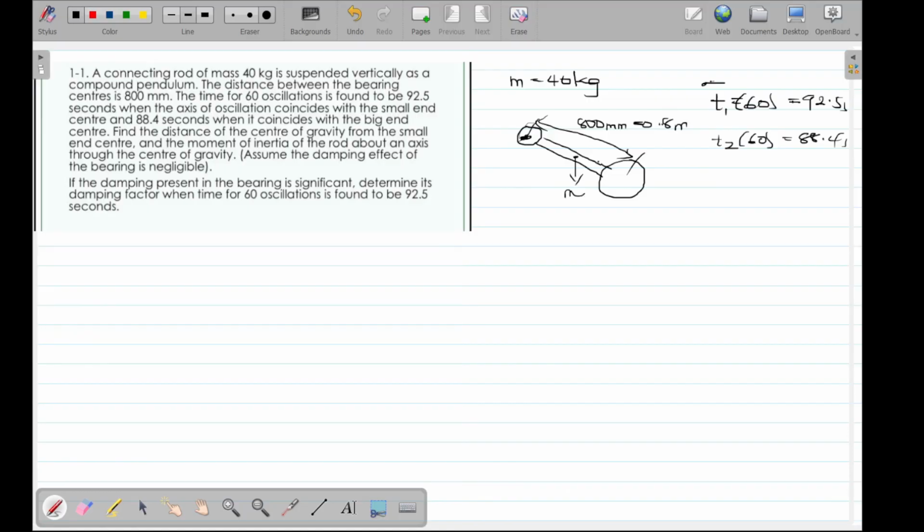Now we are looking for the distance between the center of gravity and the center of the smaller bearing. So let's label that as h. If the center of gravity is somewhere here, then you're going to have mgh here. So from here to here, let's have this as h. Okay, so the period,